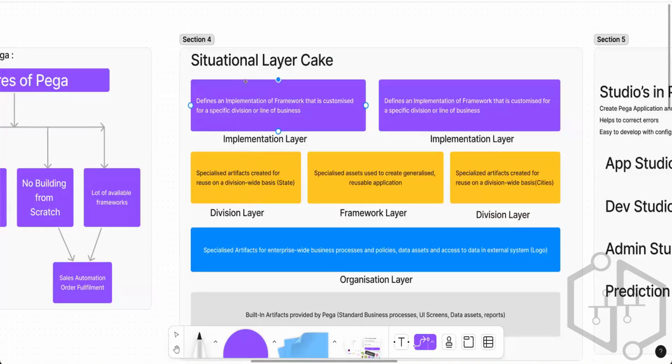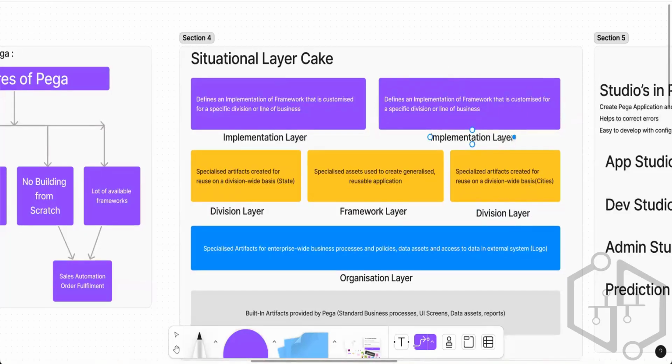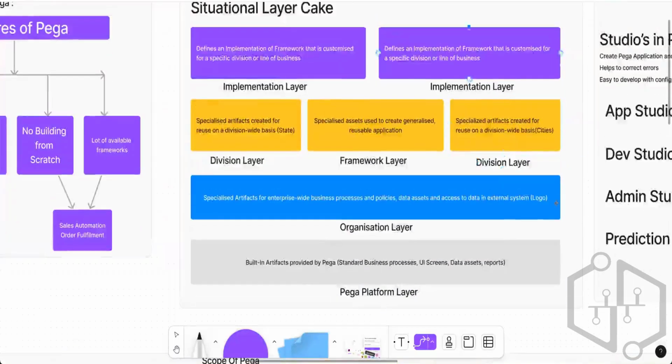So I can modify at this place. I got the e-commerce framework from Pega, the out of the box, but if I want to modify it, I can modify it at the implementation layer. So suppose, what is the benefit of this situational layer cake format,